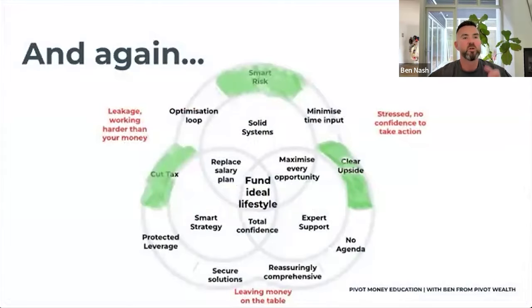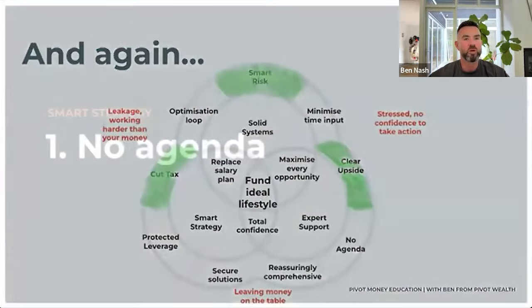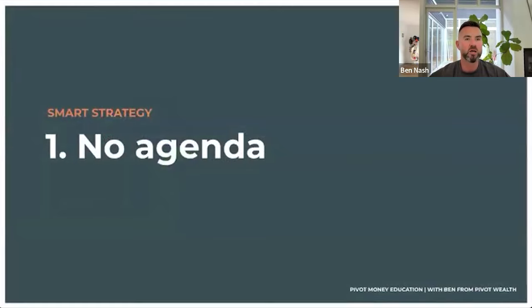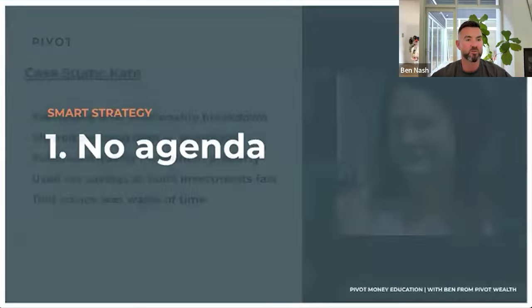Once again, know that this is just one part of this overall area that we need to get right. No agenda. When you get that wrong, you've got people in your ear, they're creating more confusion and uncertainty, you're getting conflicted advice, you're wasting money on the wrong structures or losing out on money from not having the right ones. But when you get this right, you get clear advice that makes sense, confidence because you actually understand stuff, and you minimize your tax drags and maximize your money growth.